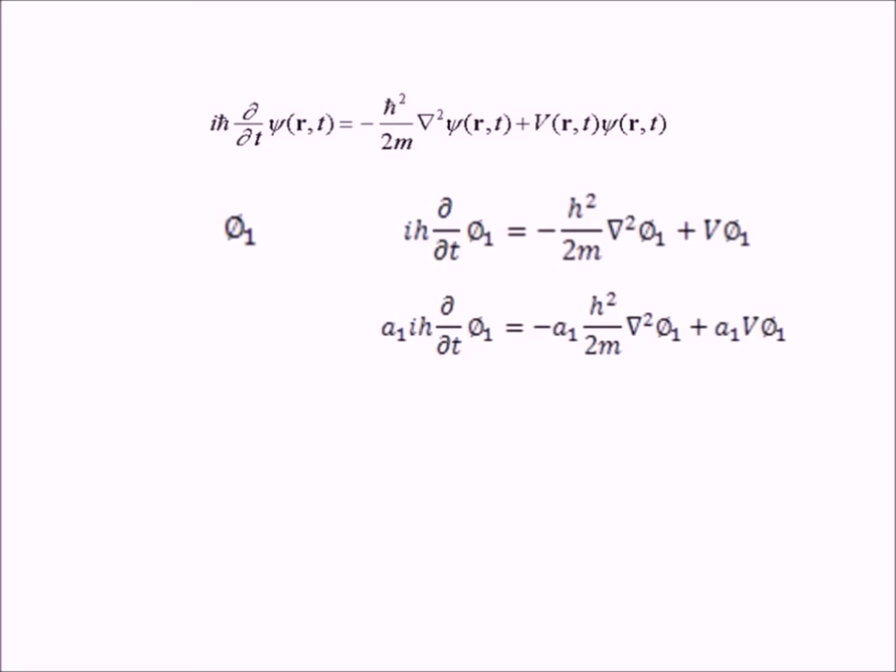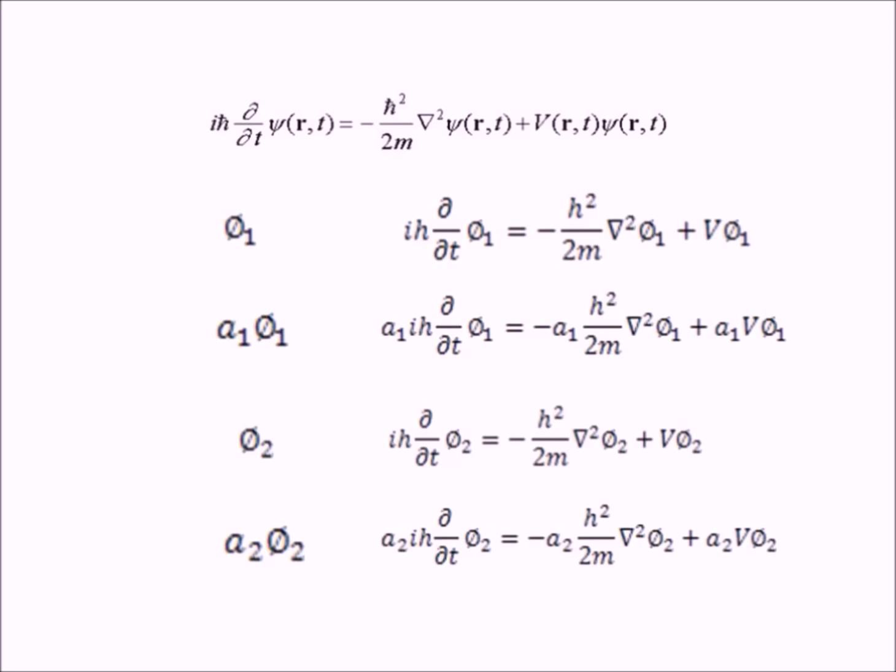I can put a1 inside the derivative, because it is independent of time as well as position. I can say a1 phi 1 is also a solution of equation 1. Similarly, if phi 2 is another solution of equation 1, then I can write the equation like this, and in a similar way I can write a2 phi 2 is a solution of equation 1. So there can be n number of solutions like phi 1, phi 2. So in a more general case I can write